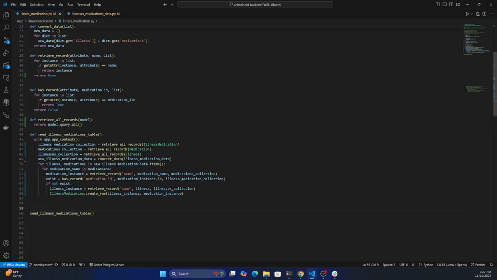What else would I do? We could also extract this here into its own function. Basically, we can do for illness medication in new illness medication items, and then we can go in here. Two loops isn't too bad, it's when you're nesting, like right here I would have another for loop, and then here I would end up having another for loop. Nesting for loops,